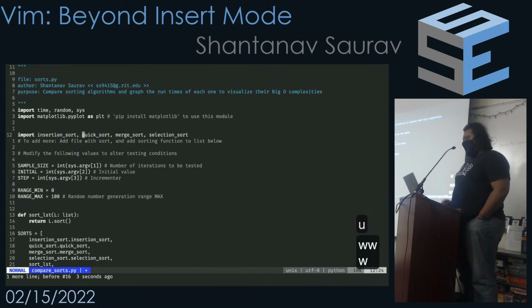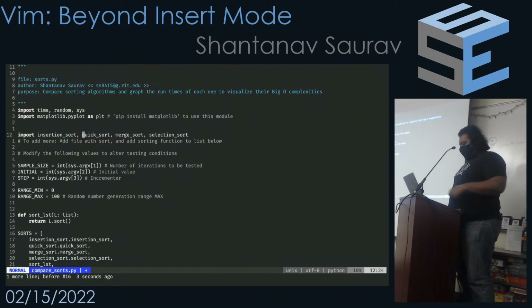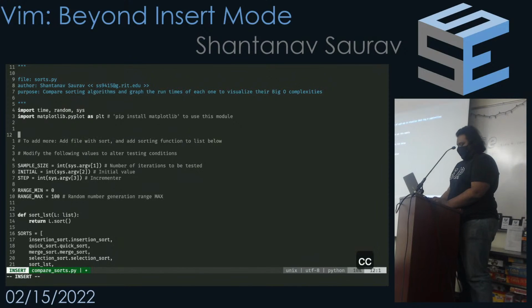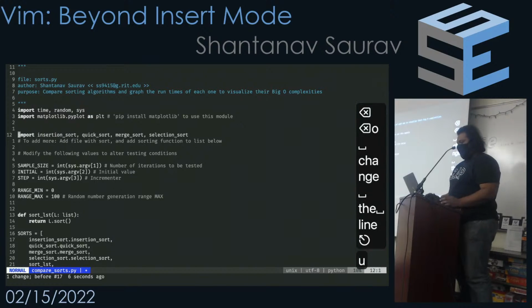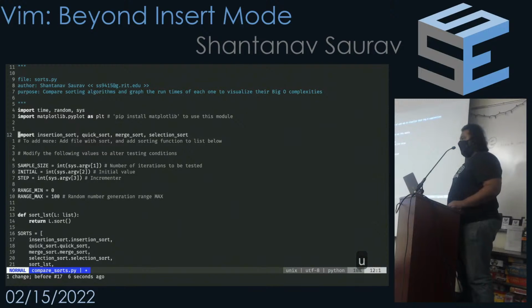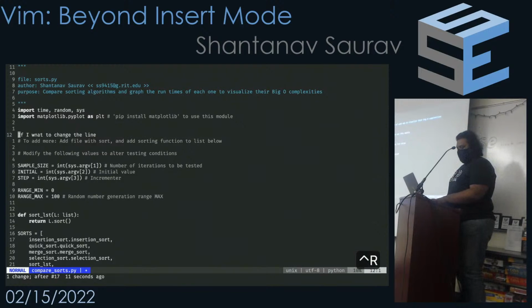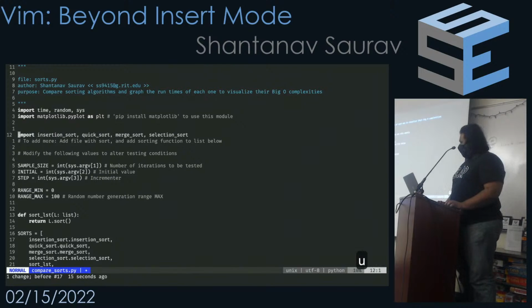So, remember when I mentioned there's the difference between delete and change? If I run CC to change the entire line, the difference is, you'll see in the bottom left of the mode that I'm in, I'm now in insert mode if I want to change the line. And I can press U to undo that really easily, as long as I'm in normal mode. Another thing, Control R will redo an action that you undid. Another helpful thing to know. I don't believe I have that in the slide deck, but